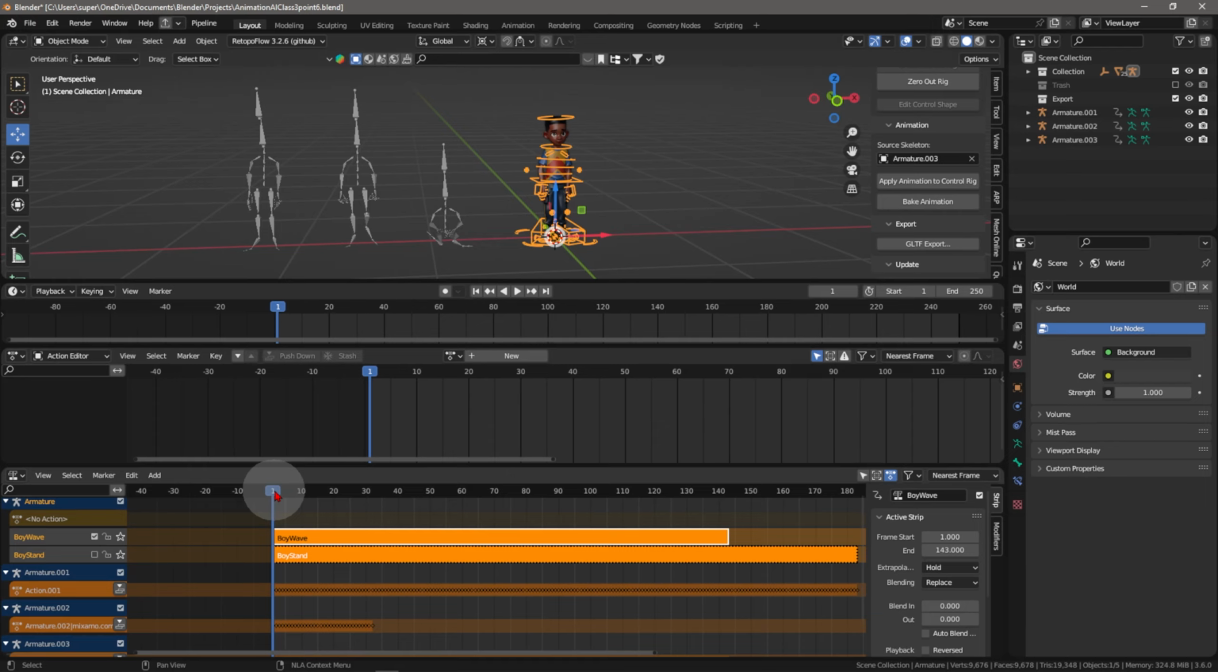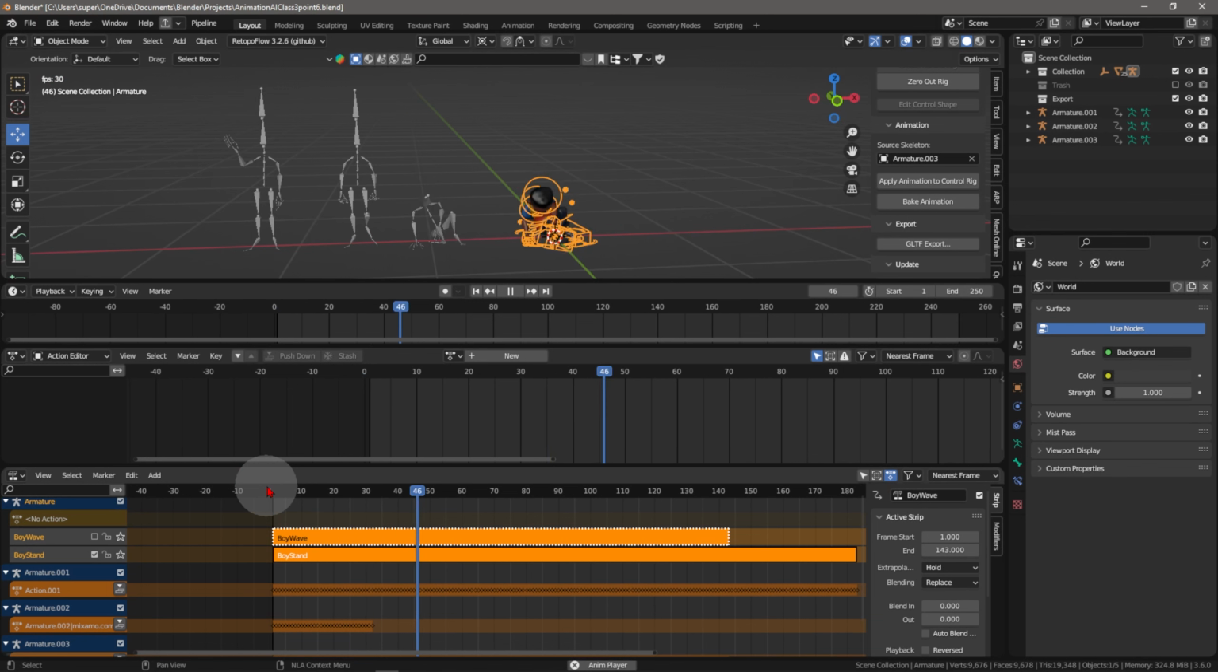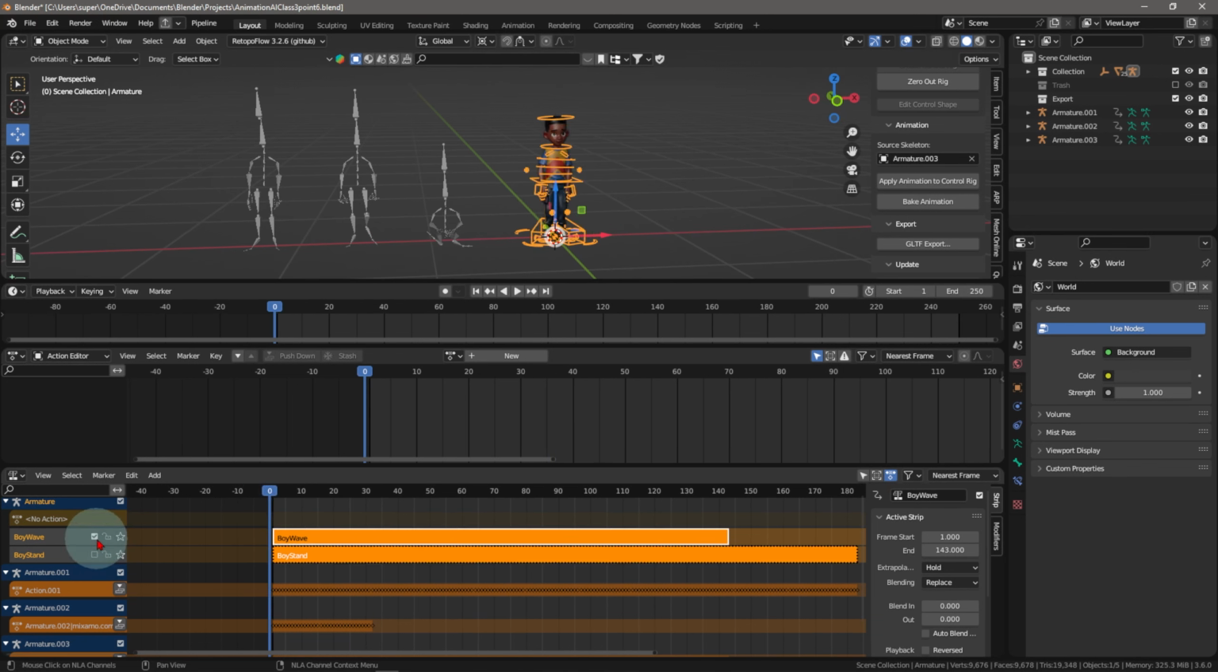Then the same thing, I'll push it down. So right now the boy is waving. Just to be clear, if I untick this and I do boy stand, the boy is standing right now. Then the boy is waving. So I'm going to get to the beginning here, untick it. And then finally, we want to do